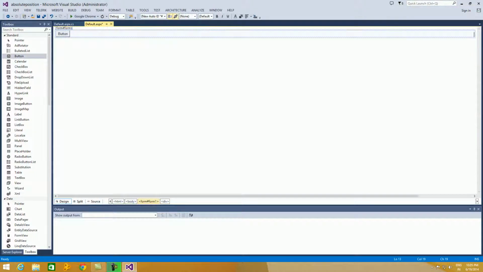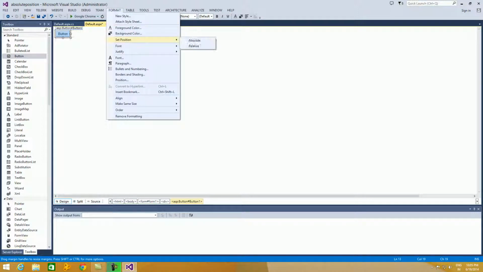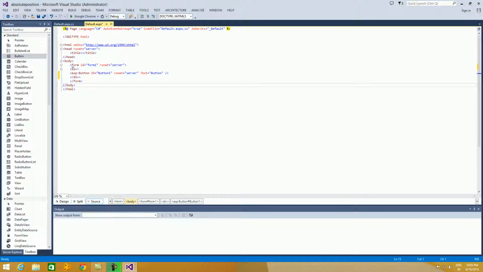Let us go to design mode. Now select the button. Now to move the button freely, what you have to do is go to Format, set position to absolute. So before selecting this absolute positioning, let us look at the button and the syntax.